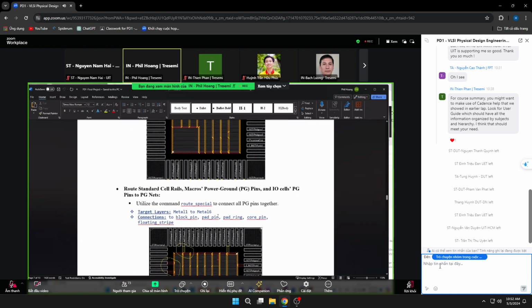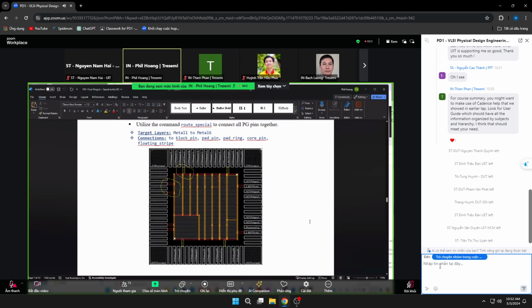And then you use the route special to really connect all the pins to VDD and VSS, and you say do everything from metal 1 to metal 6. So block pins: the macro has a VDD VSS pin, pad pins, pads have VDD and VSS, connect them,